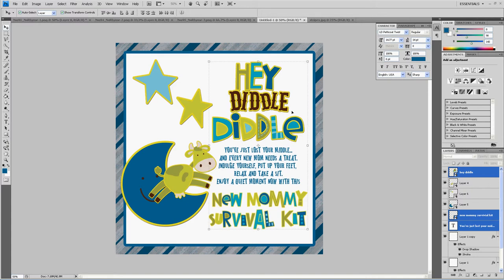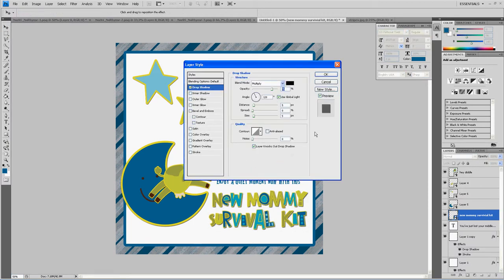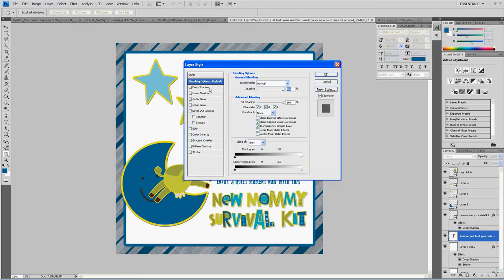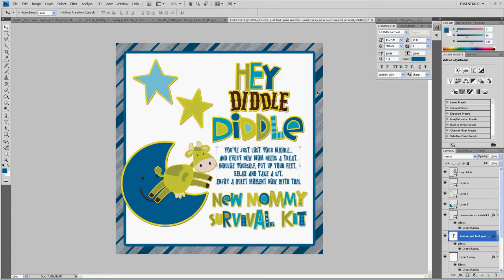Press Enter. Now the only other thing I have left to do is just add a drop shadow to the New Mommy Survival Kit layer by double clicking on that layer. Add the drop shadow. Again, I'm going to make that about 35. Press OK. And if you want, you can add a drop shadow to your type layer too. It's up to you. So I am going to call that done, and that's going to be my label for my paint can. I'm going to show you in another video for those of you that want to know how